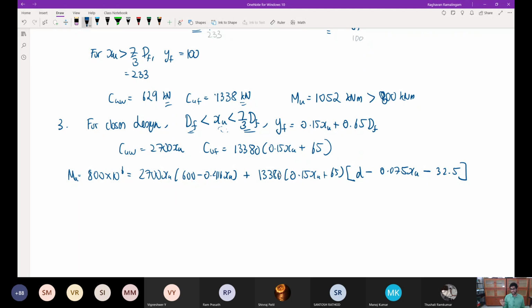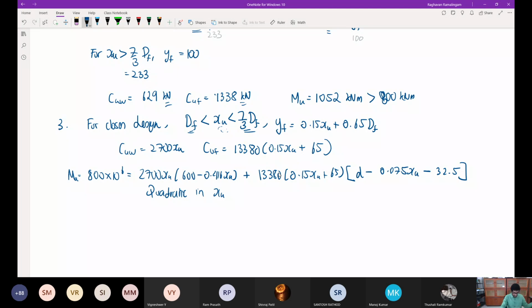Okay, it's a very tedious equation. You'll have to actually combine all the XU terms. But I'm not going to ask you to do it now. I'll give you the final result itself of this equation. Only thing that I'll ask is what do you think is the order of this equation by looking at this? What is the order of the equation in XU? Second order. Yeah, it's quadratic. It will be quadratic in XU. So you will just have to simplify this and you will have to solve for XU.